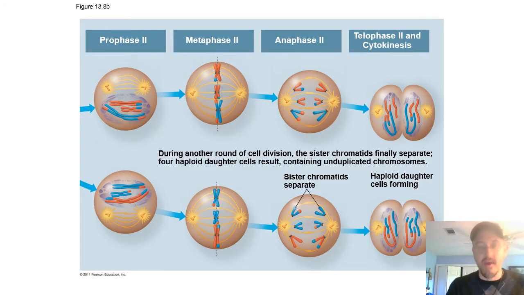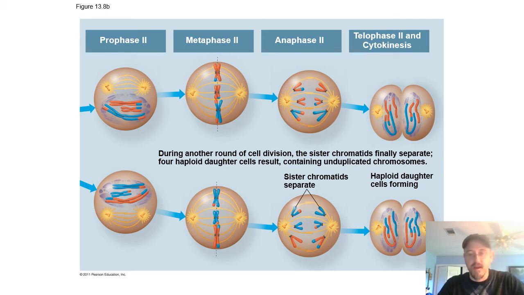Cytokinesis kicks in. Then we enter into prophase number 2. And here chromosomes condense, nuclear envelope breaks down, spindle reforms, same thing. But this one's going to look a lot more like mitosis than the last one. Things hook up to the spindle. Here in metaphase 2, the homologous chromosomes are lined up at the metaphase plate. Now they're drawing the cell oriented differently, so you can see it there. They're going to move left and right instead of up and down in the drawing,